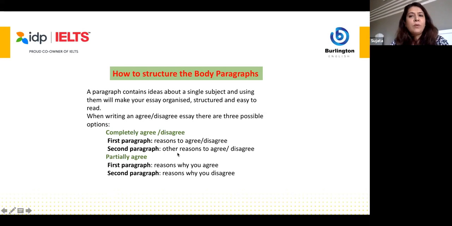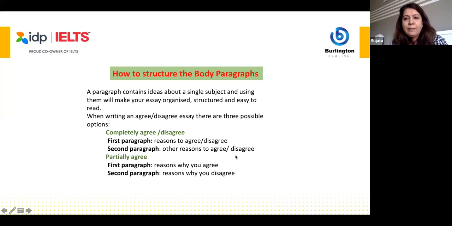So the second para will also be 100% in opinion because I've used "in addition" or I'm saying "along with." And if I was partially agreeing, then my first para may be in favor and my second para may be in contrast. And I would say "on the other hand," comma, or "nevertheless," comma. It's up to me how I want to put my second para for contrast. But I need to signpost. Please understand, signposting makes communication clearer and progression more logical. These are very simple things. This is how simply you can achieve such good bands.